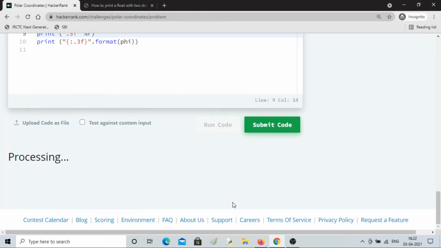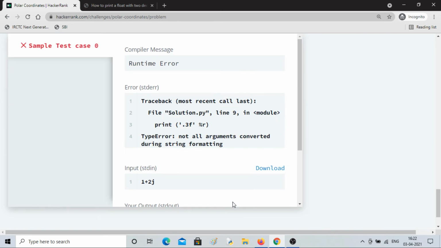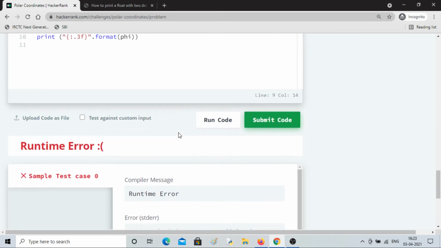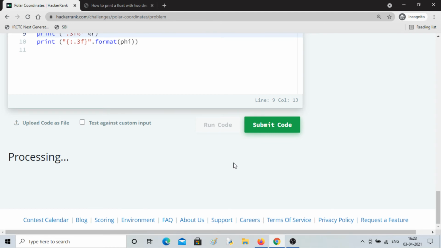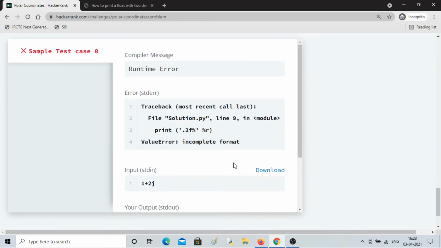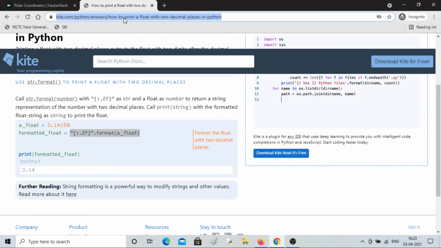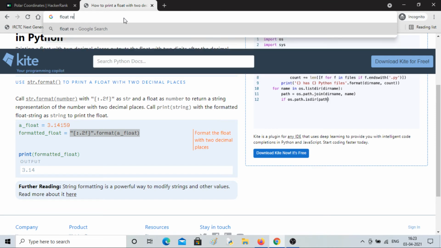So if I run it, converting percentage we have to write, right, here it is percentage, I think. I don't remember the syntax, but that is how. Okay, let me search it: float representation Python.